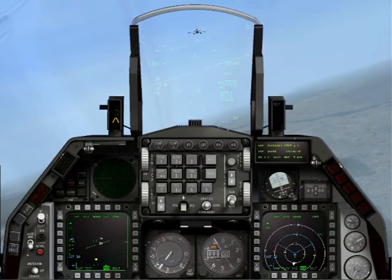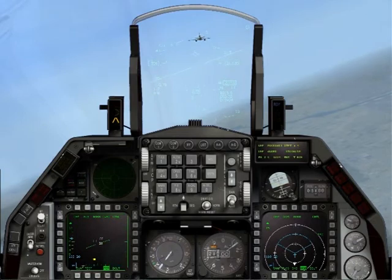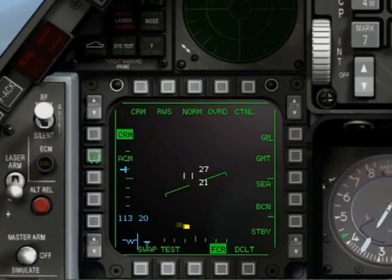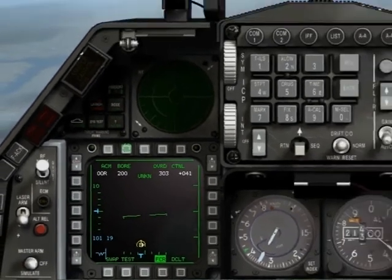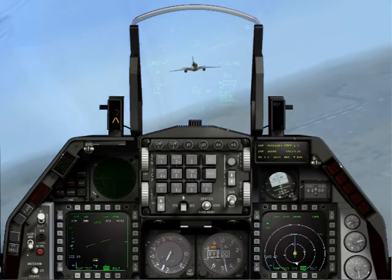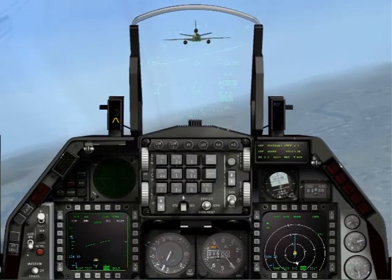Now here is also a good time to change your radar, because you're probably going to lose contact with the target. So you're going to go to your left MFD and select your ACM, and I always select 60, and now you have a lock on the target. So now here is a good time for you to call